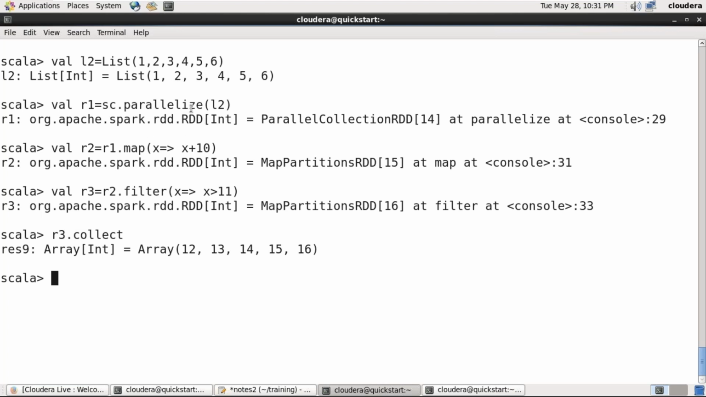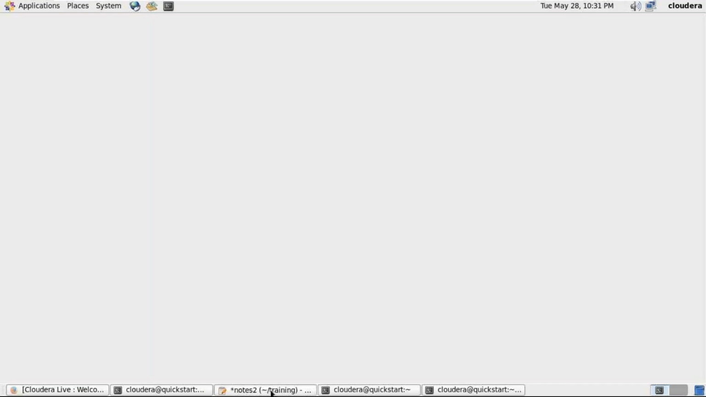Here is the first root RDD and the second RDD. We are adding 10 to each value: 11, 12, 13, 14, 15, 16. Here I am filtering the values x greater than 11. Here 12, 13, 14, 15, 16 are our output. And the next one is